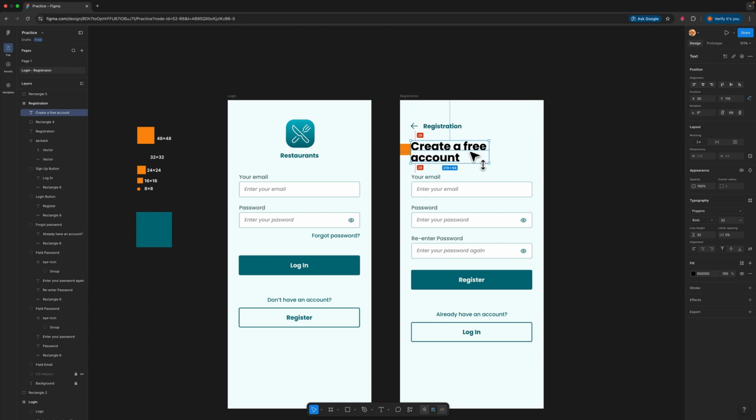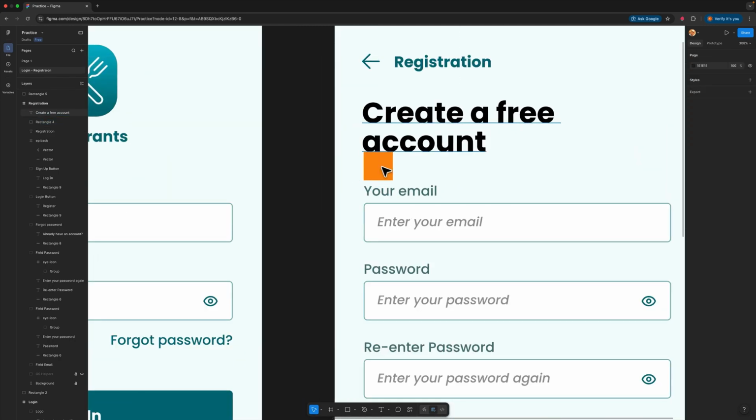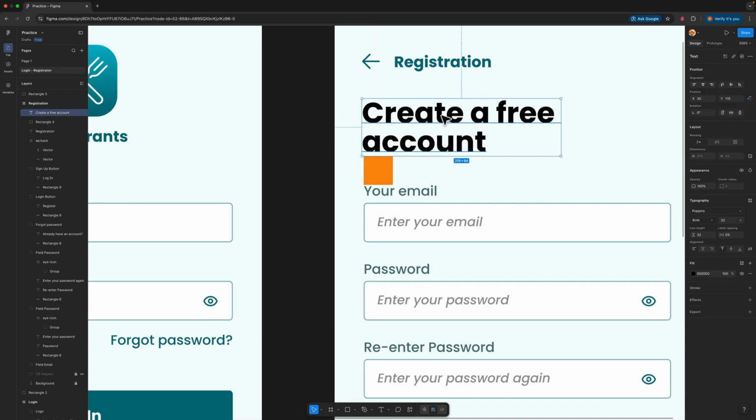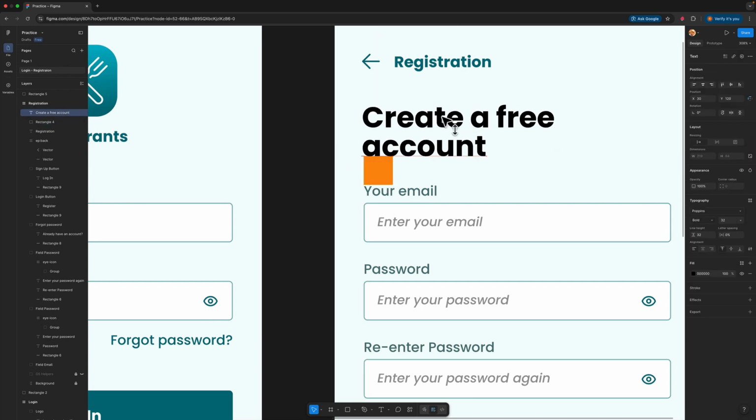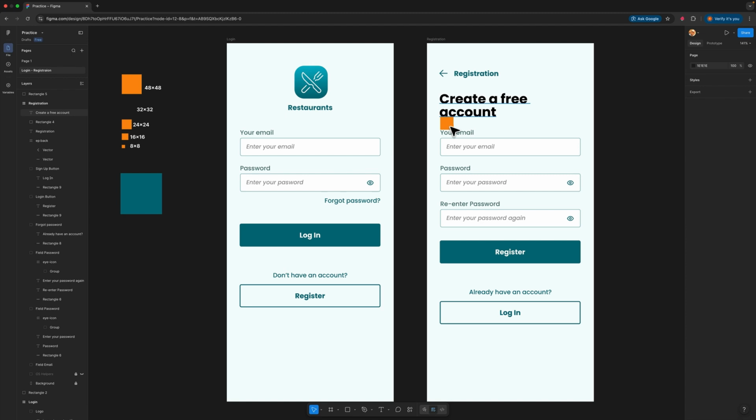and you can just align it like so, and then again click on this 32 by 32 square and place it at the bottom and zoom in, so we know the bottom space is also 32 by 32, and then click on this text and just move it a bit down to touch the orange square. Just zoom out and then click this orange square and place it back from where we had picked it from,